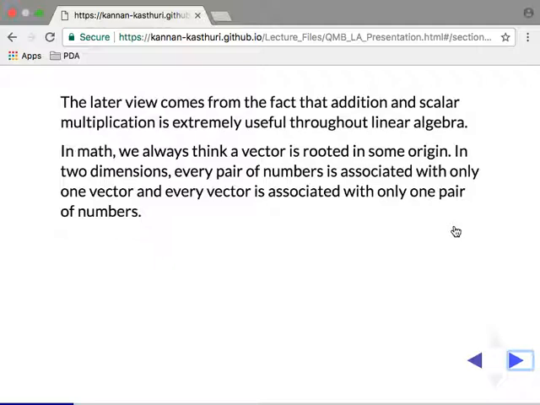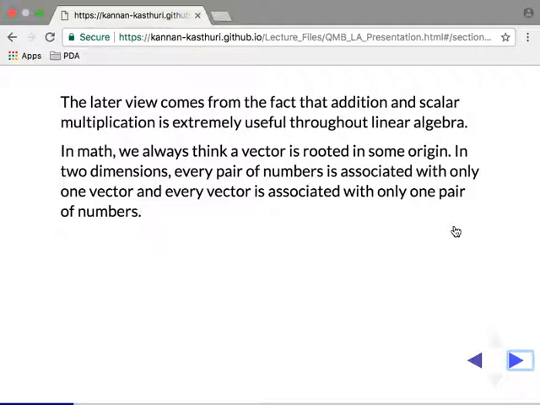For instance, when you shine a torchlight on a pinhole, and then you flash another torchlight in there, the brightness is going to increase, right? The photons come, they are additive in nature. Of course, there are some other things like interference and things like that. But in general, addition and scalar multiplication are fundamentally useful throughout linear algebra.